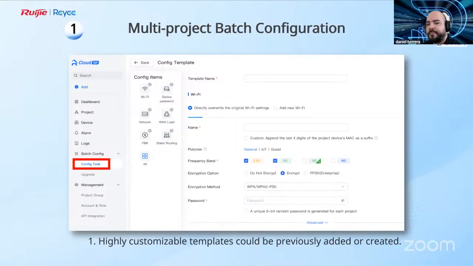And hide from them several other features that may create more trouble in the future. Also, we can create a very simple template for a customer just to let them know how many clients are connected there and the possibility of changing their Wi-Fi name and password. And this will, guys, save you a lot of time on the service desk and a lot of money during